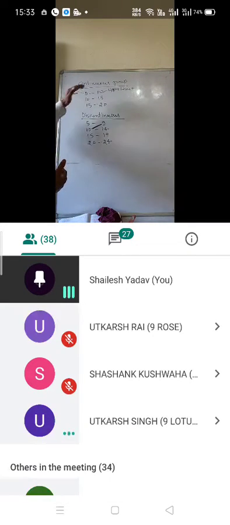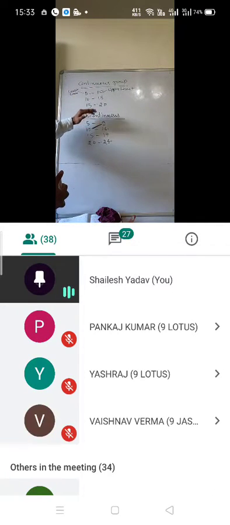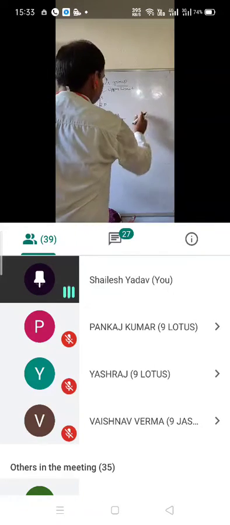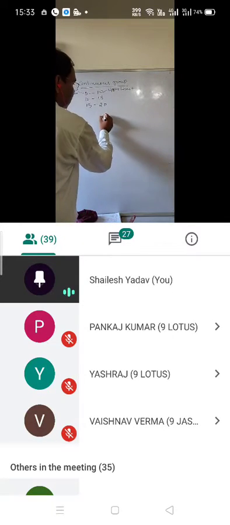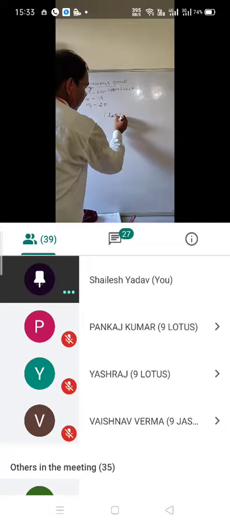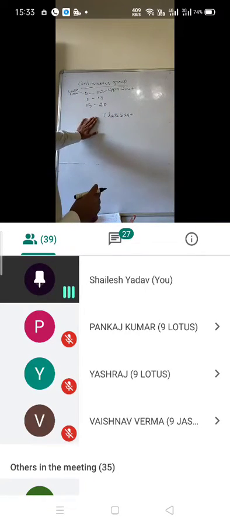Whatever your syllabus has is based only on these types of representation, continuous group and discontinuous. One more is there, class size. Now I am going for the class size. What is called the class size? Any student who can explain to me what the class size is?